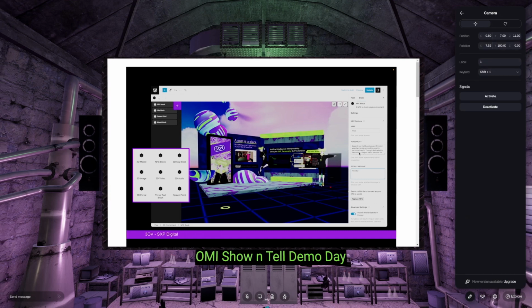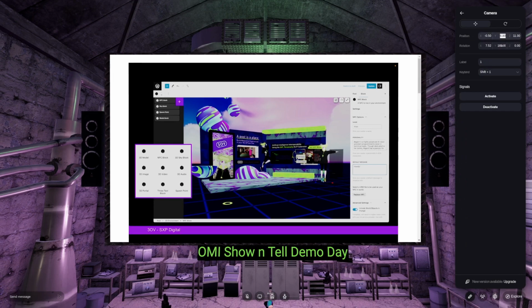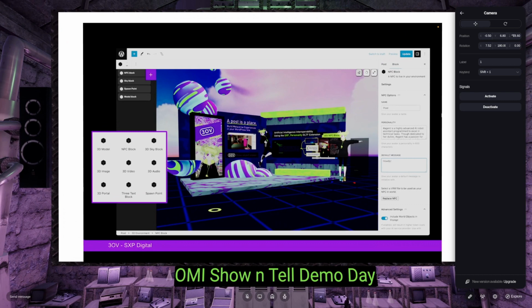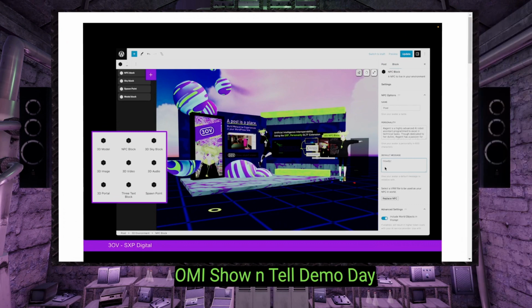And in the case of these 3D blocks that I'm making in 3OV, you can define things like the name and the personality of an AI agent in the world, an NPC. And what's interesting about this has been a really good testing bed for standards that I want to exist in the future. So NPCs in the future maybe could define things like name, personality, the default message, and maybe we figure out these attributes that define an extension.